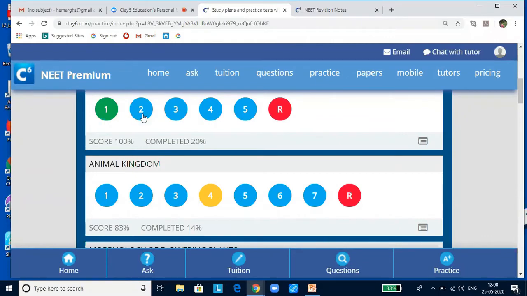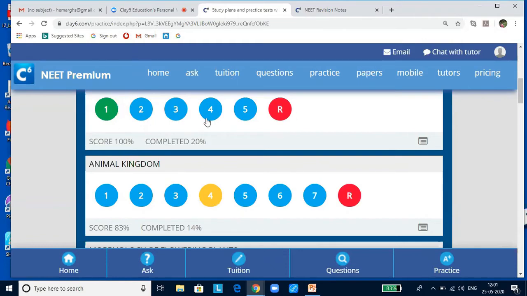Blue bubble indicates that you have not taken the test yet, and it's a reminder that you need to take it. Yellow bubble here shows that you have not completed the test. It might be possible that you have taken the test, and after 3 or 4 questions, you would feel that you are not really ready for the test, as a result of which you might discontinue the test, and hence it's showing you incomplete status in yellow color.